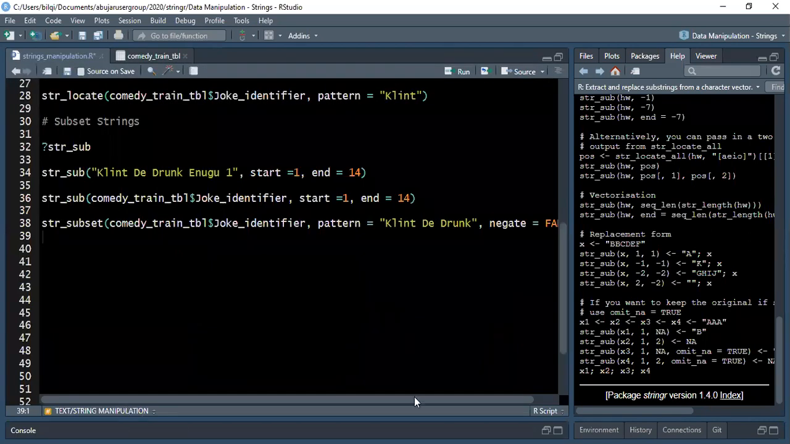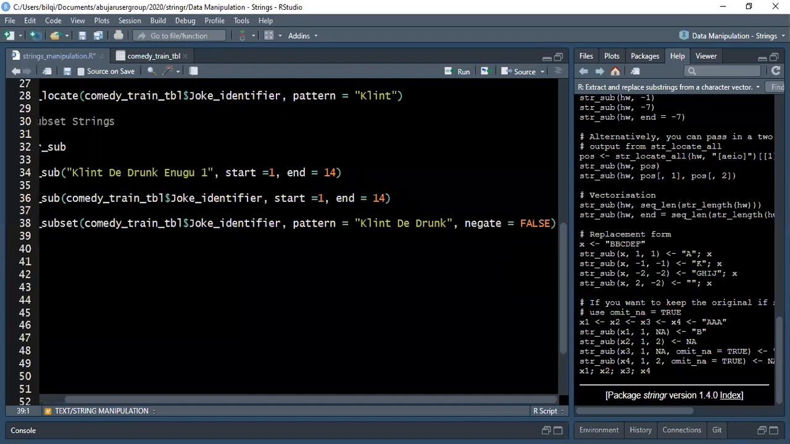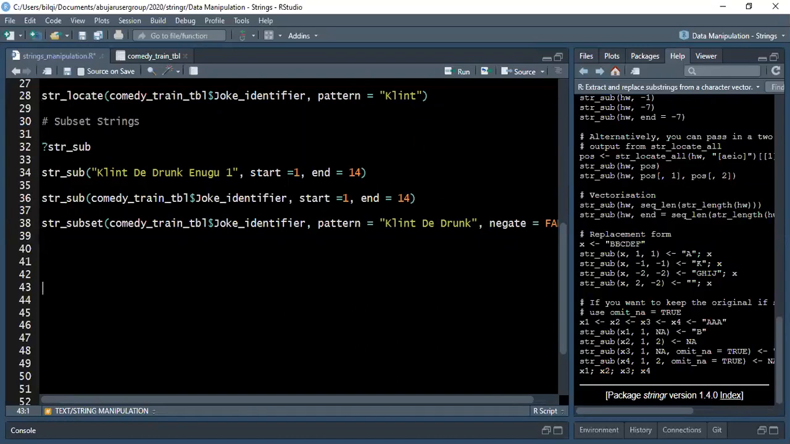But if we make the negative true by default, it's going to return all the lines, everything that we are passing into it for this variable. So we'll move on. The next function that we're going to look at is